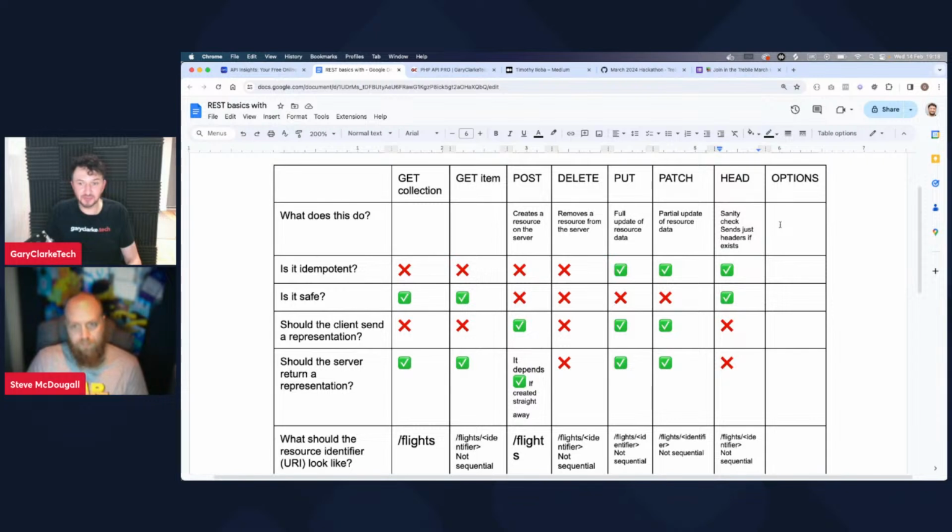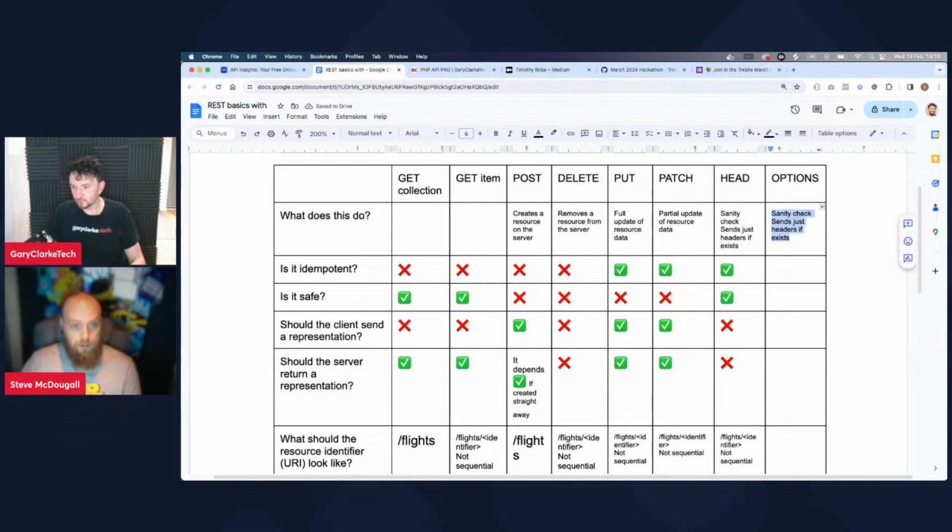So options. I'll let you explain what this one does. Options. So most people would have seen an options request, most likely in their console log, where it says options requests failed pre-flight, for example, and that's cross-origin resource sharing, making requests to other APIs or to an API that isn't on the same domain. And what will happen is it just checks to see, can I make a request to this? What head will do, it will say, will I get the response I want from this? Does it exist? And options is,